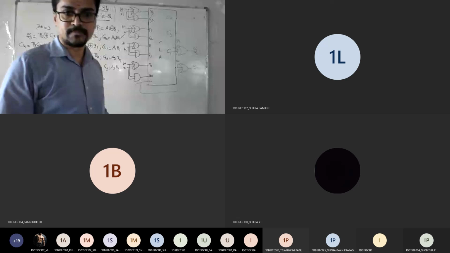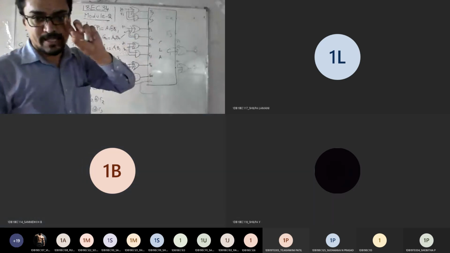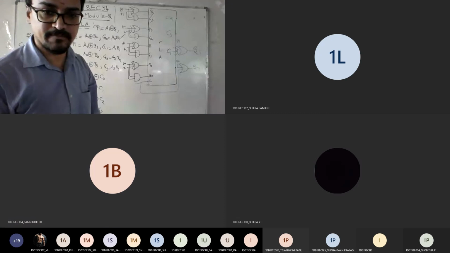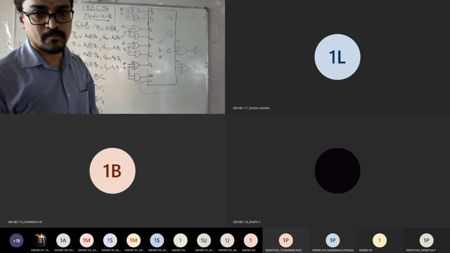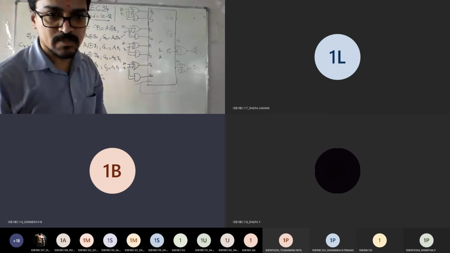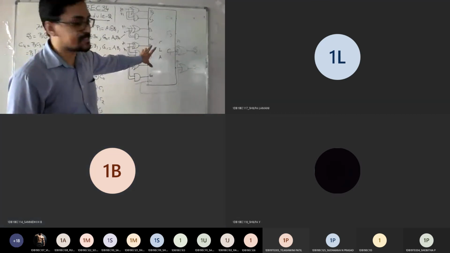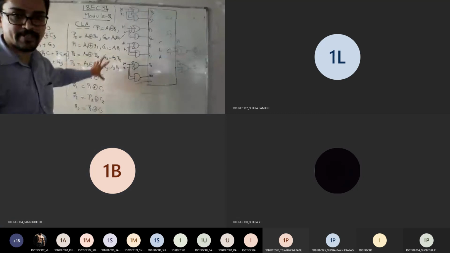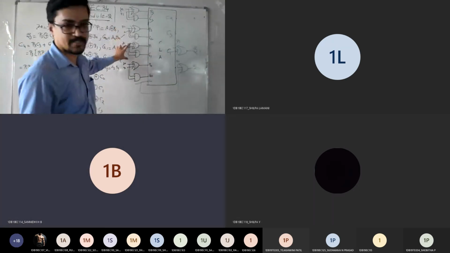Am I clear? Just connect S2, S3 in the same fashion. Is it fine? Any doubts? Anyone? You got what I wrote? I am representing CLA using all these equations. So this side is your XOR gate.